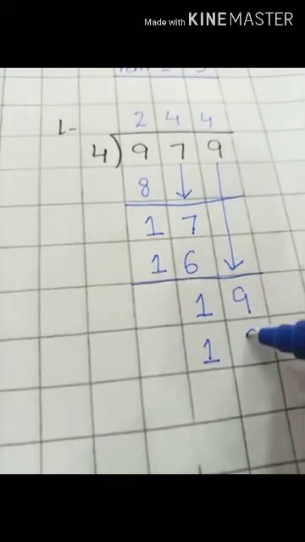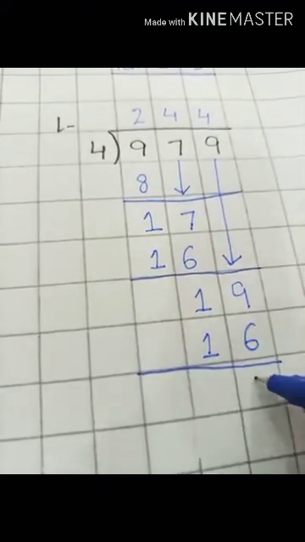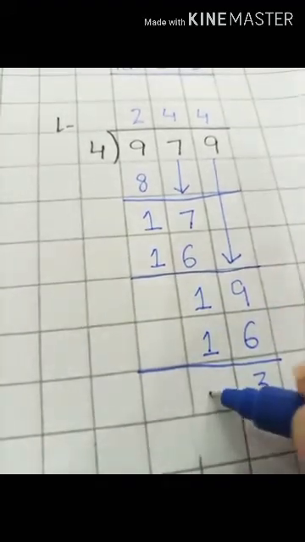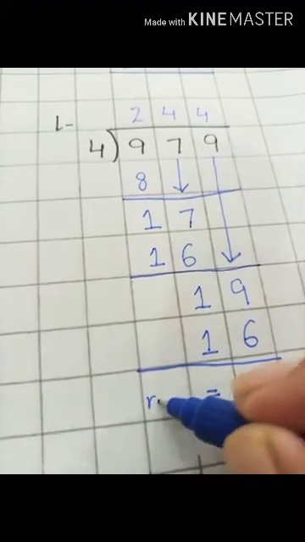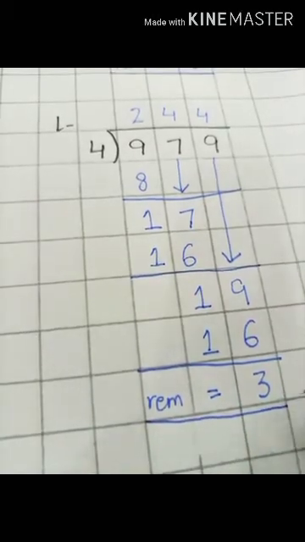Okay. Next step is 9 minus 6, that is the number 3 here. 1 minus 1 is 0. I will not write the 0 here, so this 3 is my remainder because this one is smaller than my divisor and I can't divide it further. Okay students, come towards our next question, part M.